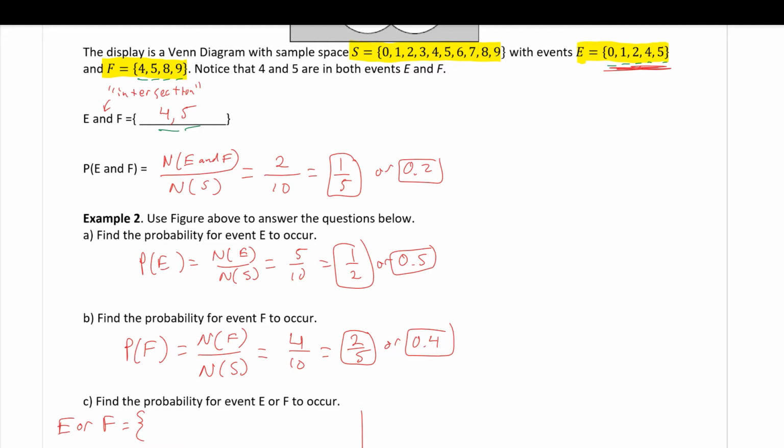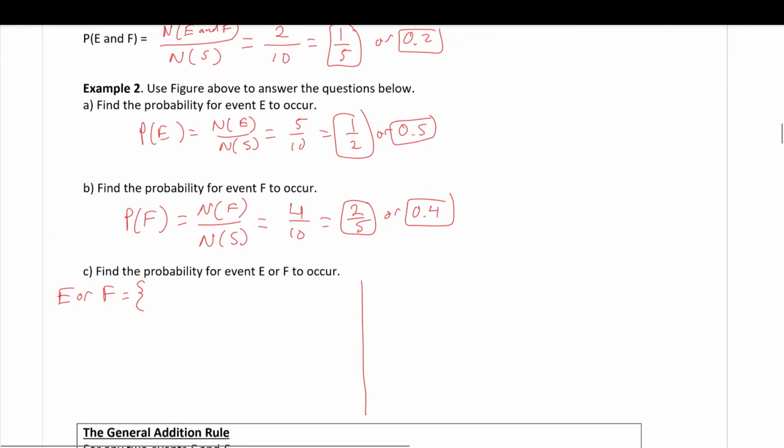So I would do 0, 1, 2, 4, 5, and then 8, 9 is the only additional ones. So let's say 0, 1, 2, 4, 5, and then of course F only adds on 8, 9. So essentially we unified these two sets, and the probability of E or F